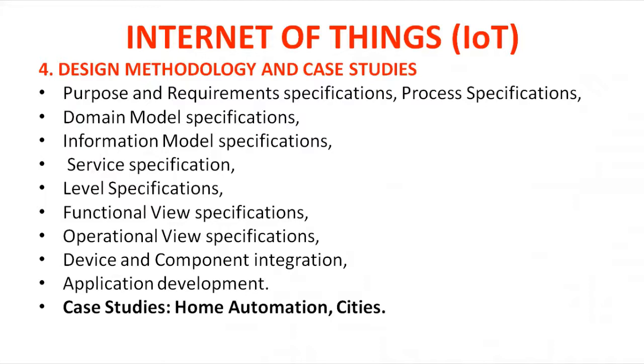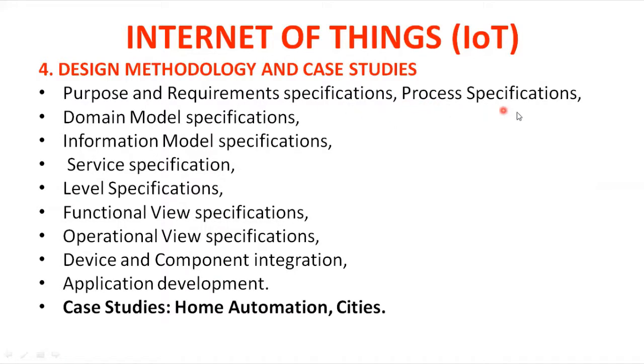In the design methodology, you are going to know about the purpose and requirement specification, that is, for which purpose you are designing the IoT system. The design methodology consists of 10 different steps. Under the 10 different steps, the first step is the purpose and requirement specification for the IoT system. And then